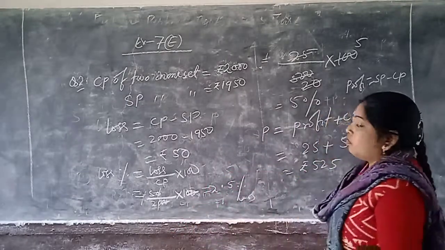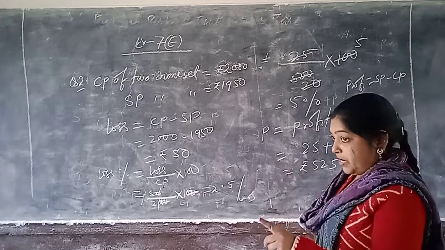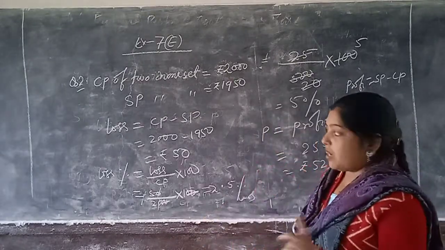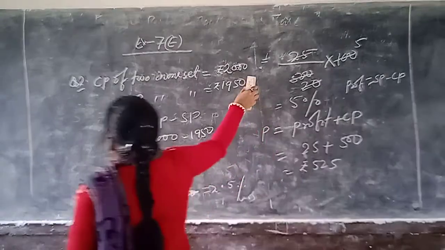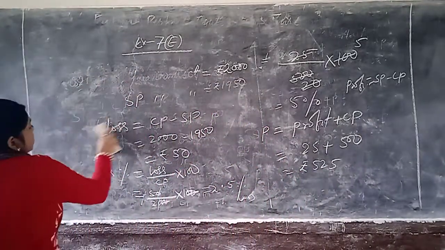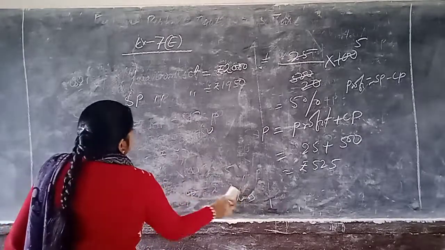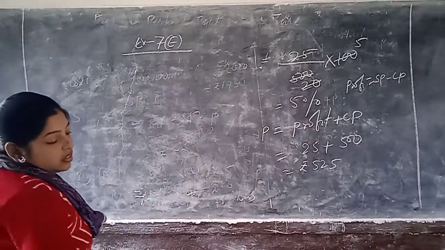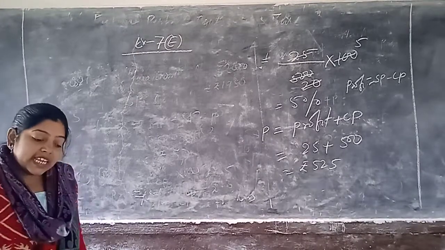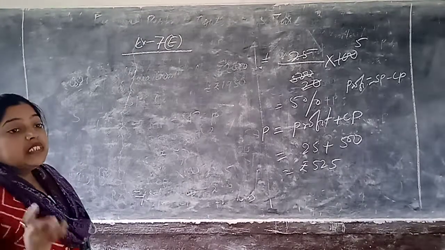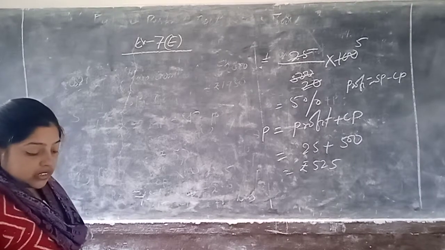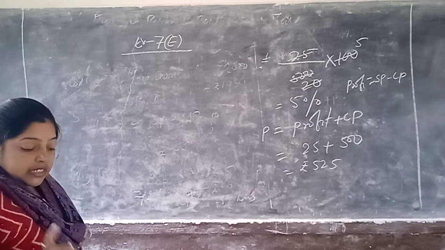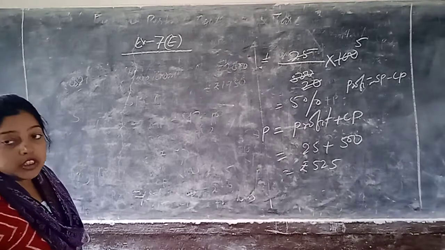Can we apply that formula when profit percent or loss percent and cost price are given? How can we find the selling price? So the question number 3 is in that exercise 7E. The third question is, by selling an article for rupees 9,900 Sasank gains 10%, find his cost price.